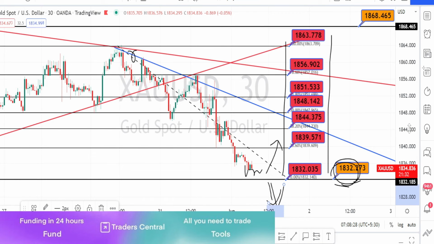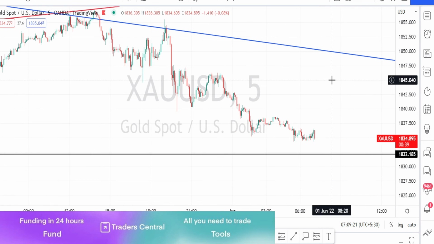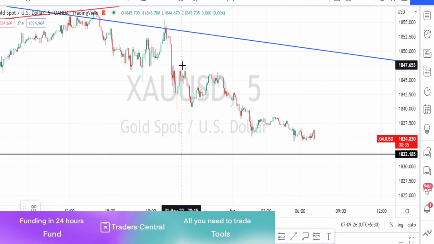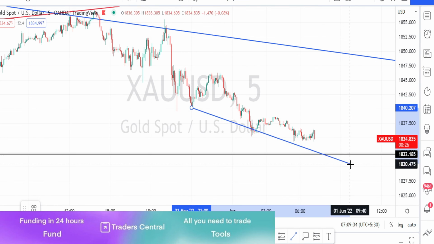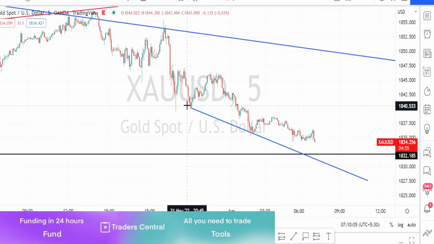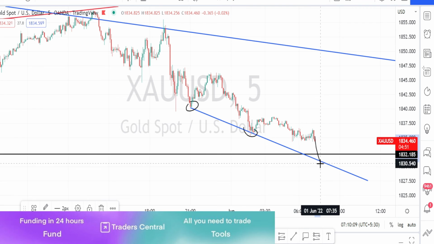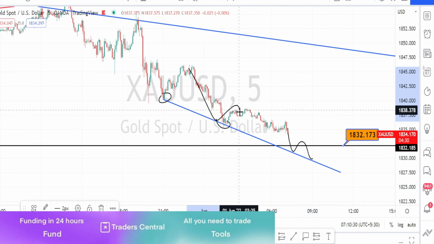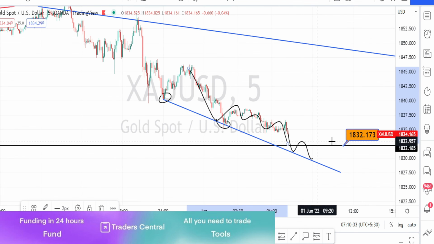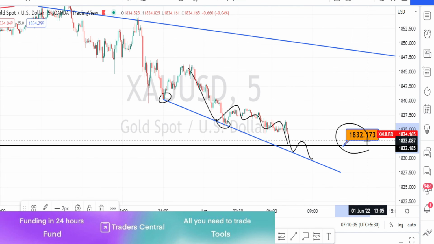Let us do the analysis in 5 minutes time frame. I am in 5 minutes time frame. When we analyze the price action in 5 minutes time frame, I am drawing one more support line over here. So according to this support line, we are noticing the price action to be trending on the bearish side. The price action has not retraced to the bullish side. Wait for the price action to bounce back from this support level or to break this support level